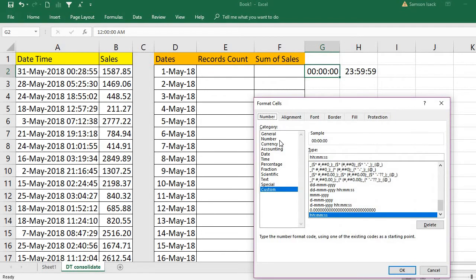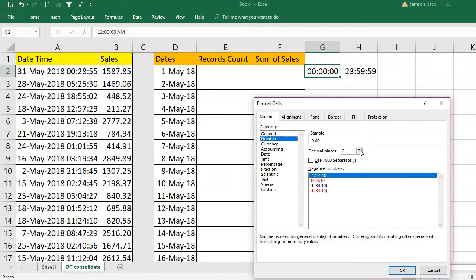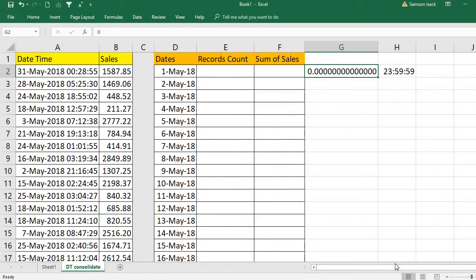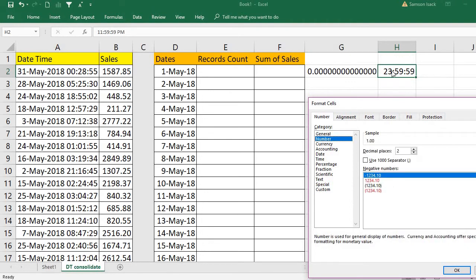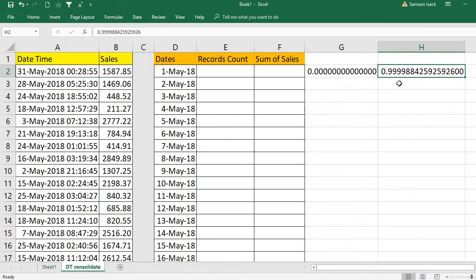Format cells, I go to number, and I make it fractions. It says it's 0. And what is the number value of this fraction, this 23 hour 59? It is 0.999988 and something. That means the range of number value of this date plus a fraction from 0 to a fraction of